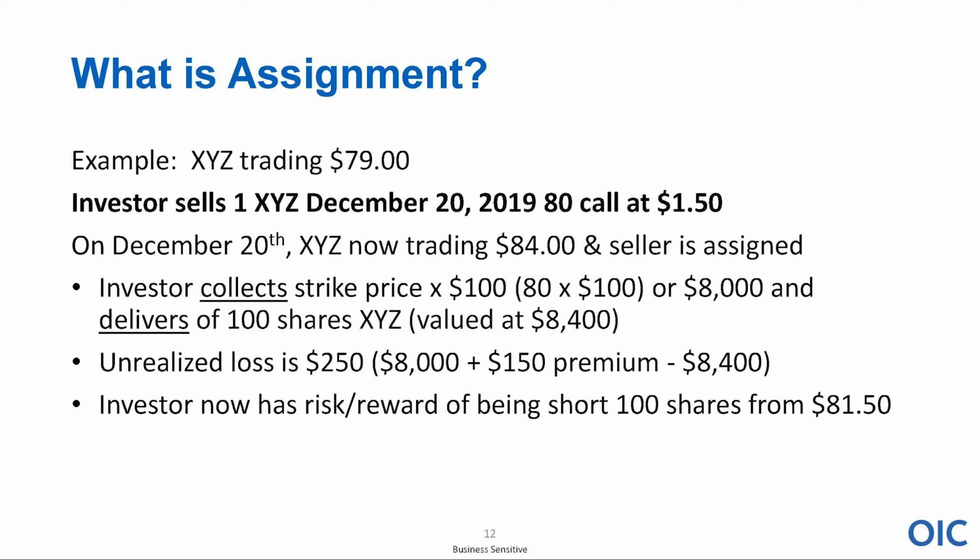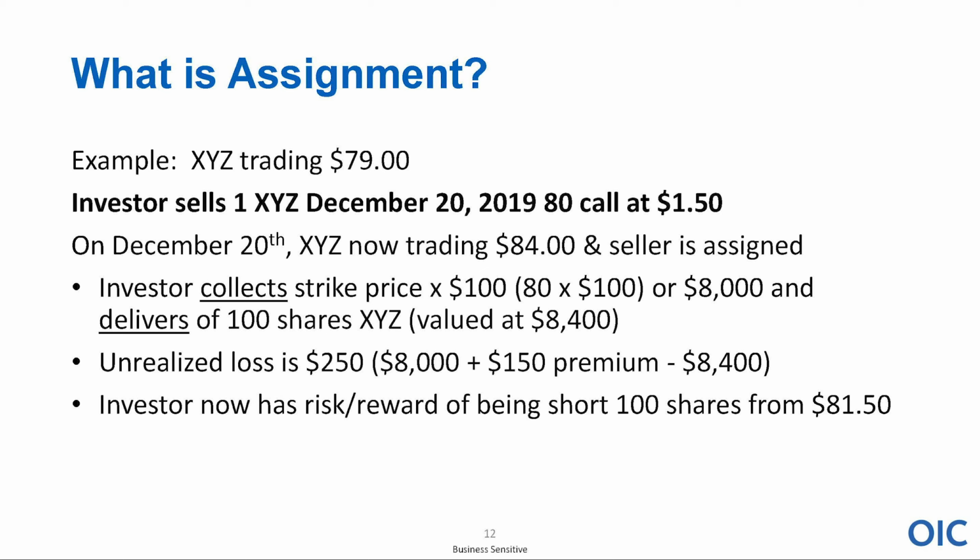Now the bottom line here says, well, if you don't own the underlying stock and you just randomly sell calls, in this case we could be short the stock at 81.50, it's at 84, isn't it? Okay? I don't like to sell call options on stocks I do not own. That would be called a naked sale. When I was a trader on the floor, I didn't like to have unlimited risk. I like to quantify my risk by using different strategies. But this was the strategy that I first started out with, back before I was a floor trader, the covered call. And we're going to cover that in another 15 minutes or so, all right?